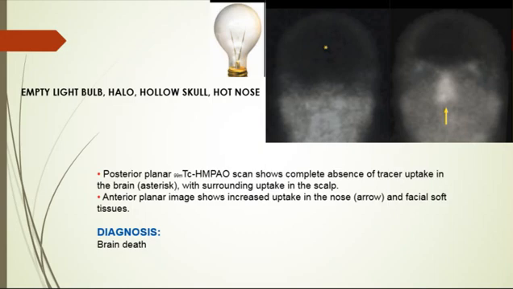Care must be taken to distinguish the no flow from very slow flow within the cerebral arteries and/or veins. Occlusion of the ICA prevents blood flow into the brain, with increased collateral flow from the external carotid artery, resulting in increased uptake in the nasopharyngeal soft tissue and scalp, producing a hot nose and hollow skull sign. So what you're seeing is no flow in the internal carotid, increased flow in the external carotid, the nose and the facial skeleton will get engorged and will take more radioactive isotope than usual,